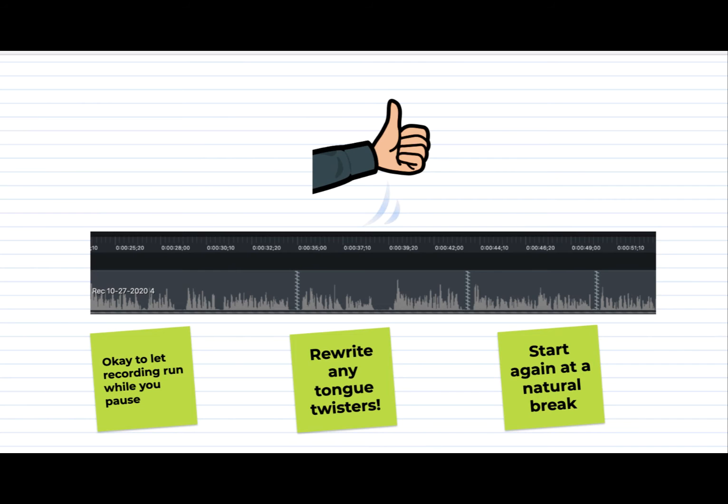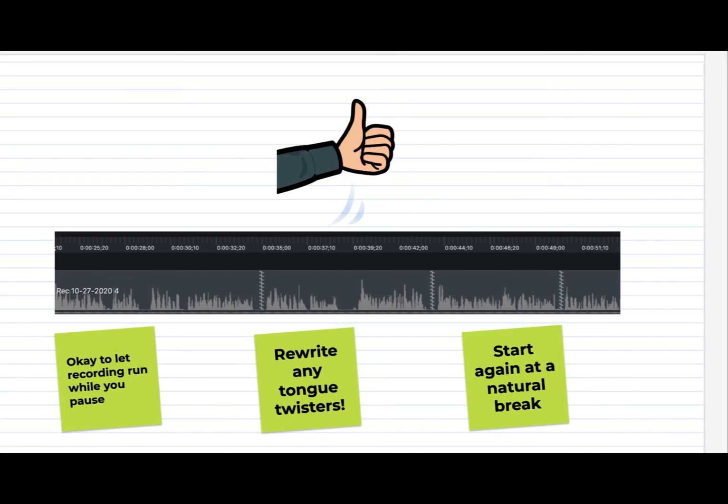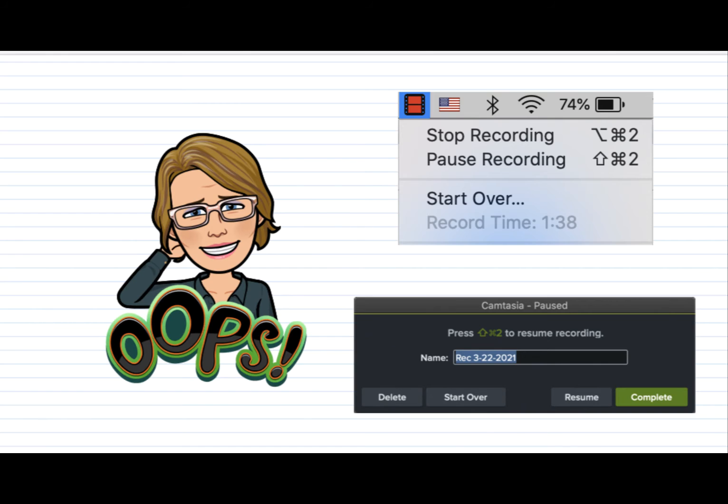As you record, at some point you'll stumble over your words, and when you do, you can pause and allow the recording to continue, and start over at the beginning of a sentence, or wherever there's a natural break. With Camtasia, you can edit your audio track, which ends up looking like it has stitches when you remove sections. A pause is easy to edit, so take your time. If you need a longer pause, click pause using the red film strip icon at the top of your screen. Breathe deeply, take a sip of water, and when you're ready, click resume and continue.